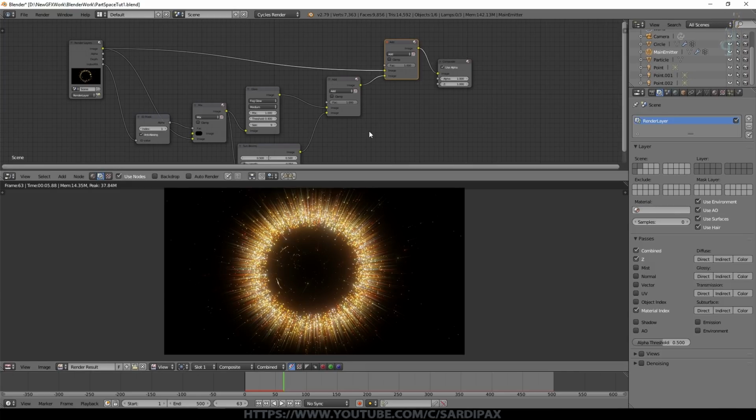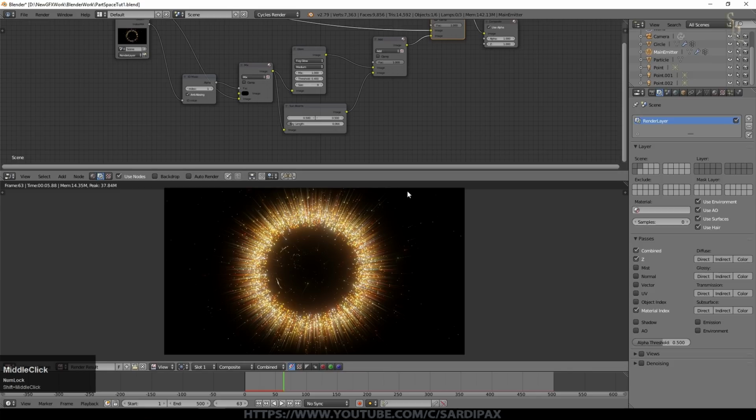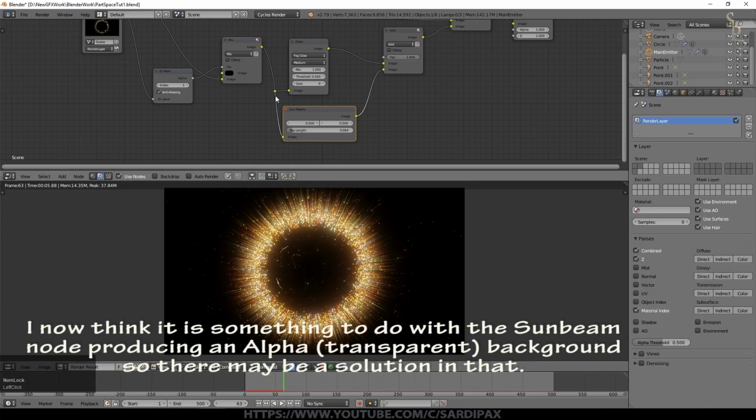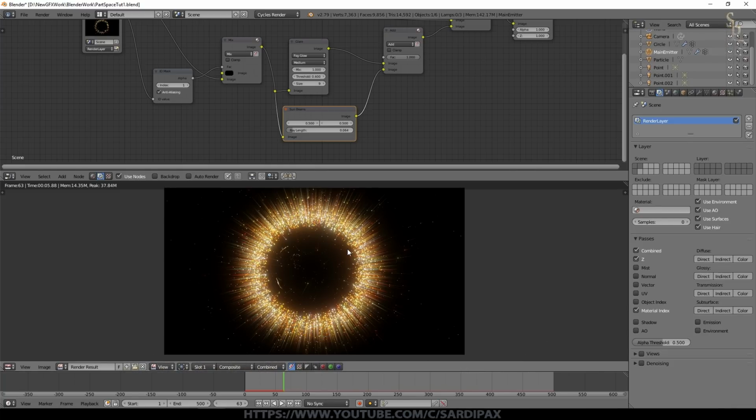Now there's one little bug that I've been unable to resolve completely, and that is some of your stars will also get the sunbeam effect. I've checked and I can't find any node-based reason why that's happening. It just seems like for the sunbeam node, enough of the data gets through this filter that it picks it up and shows the streaks. It's not a major effect, and I think it's fine really.